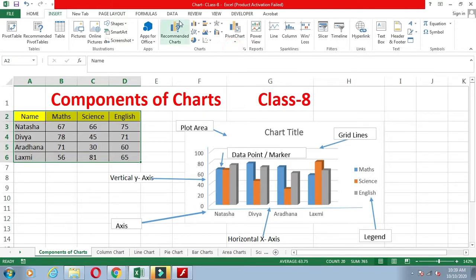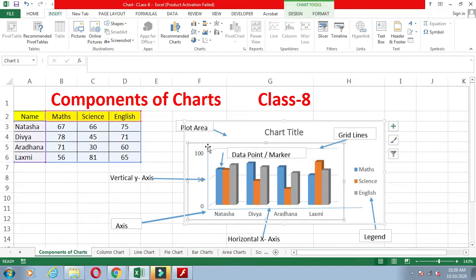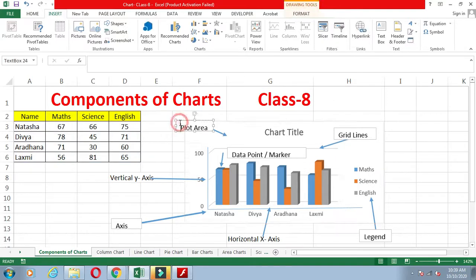This is called a plot area, which consists of the whole chart. This is the y-axis, this is the x-axis. The center point of both axes is the 0 point. This is the 0 point. The arrow is showing there, and these are the grid lines here, 1, 2, 3. And here is the legend.